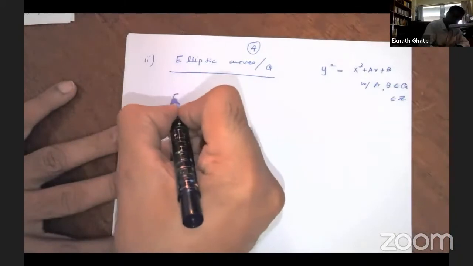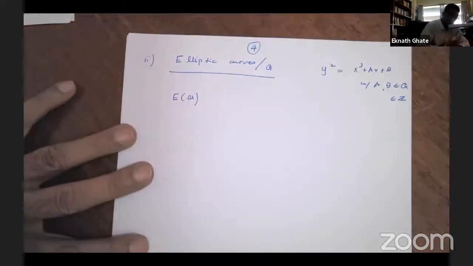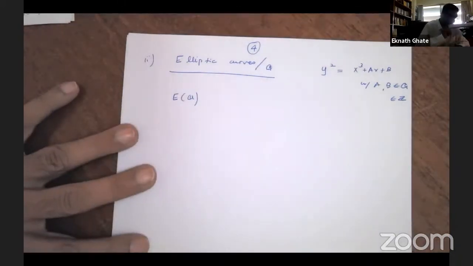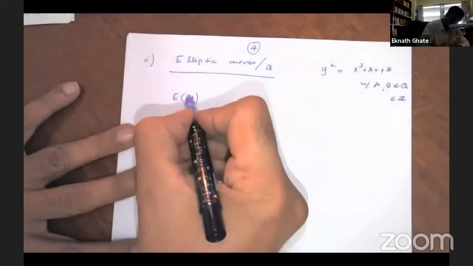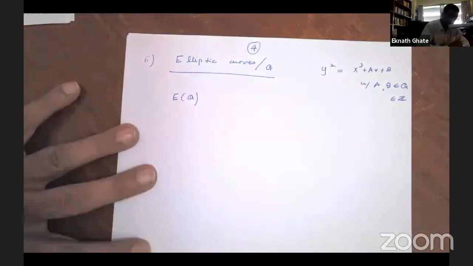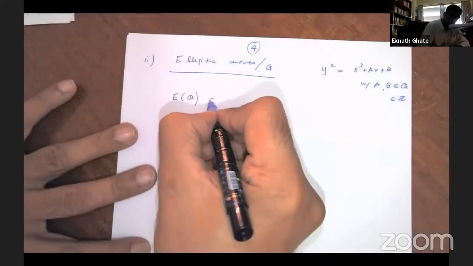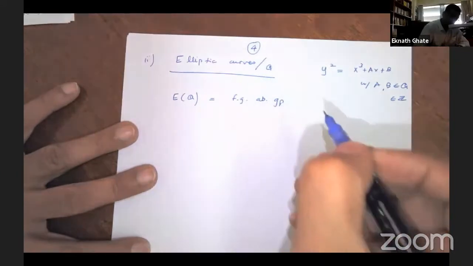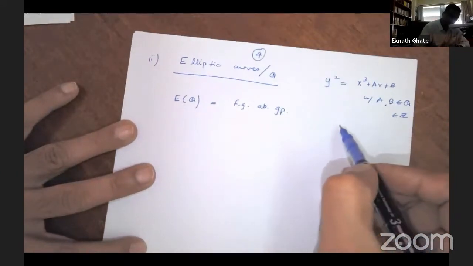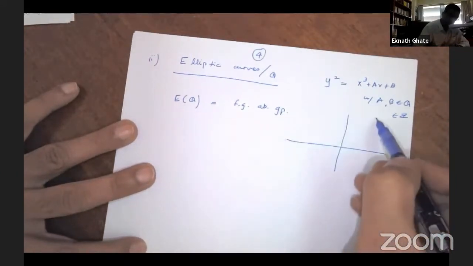So it turns out that the elliptic curve has a group structure: the set of solutions over any finite extension of Q, or even infinite extension of Q, field extension, has a group structure. It's a finitely generated abelian group. And I assume that all of you have seen this famous picture before. Something like this,